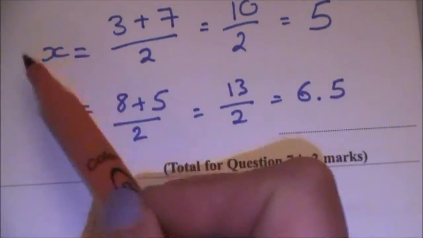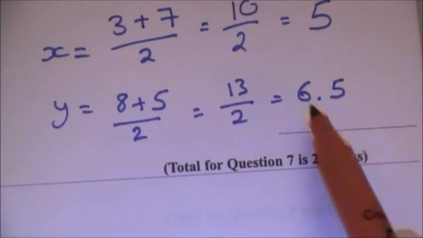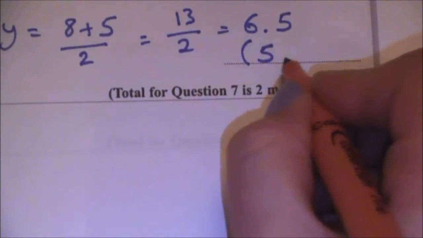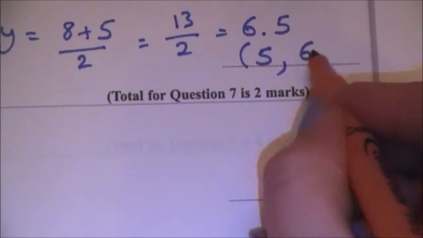So what I found is a value for x and a value for y. So my coordinate is actually 5, comma